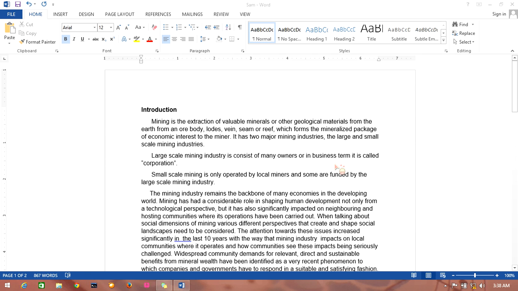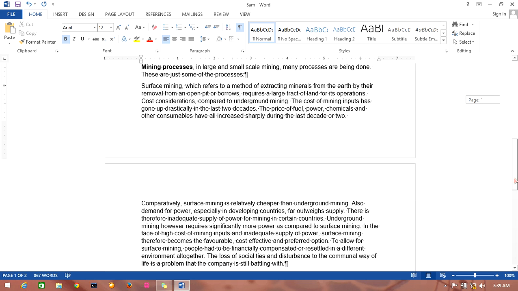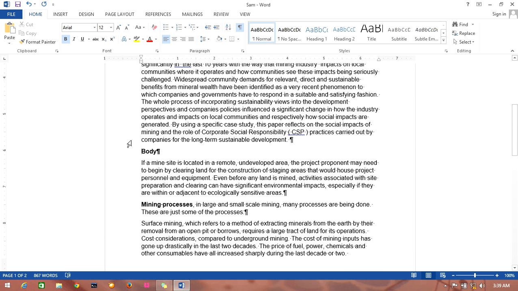To insert a section break in a document, there are a few simple steps to do so. But before that, you might select this symbol, a formatting symbol, so that you can determine where you put the section break. The first step in adding or inserting a section break in a document is to select the portion where you put your section break.